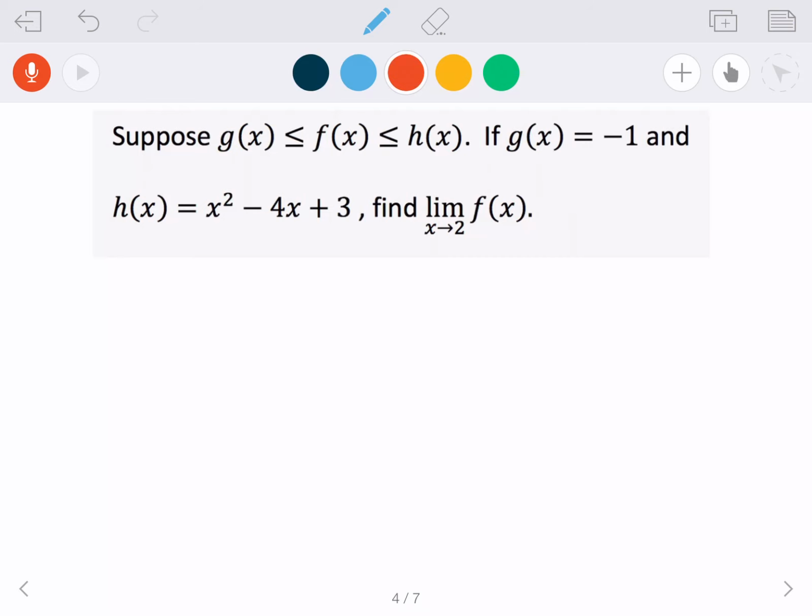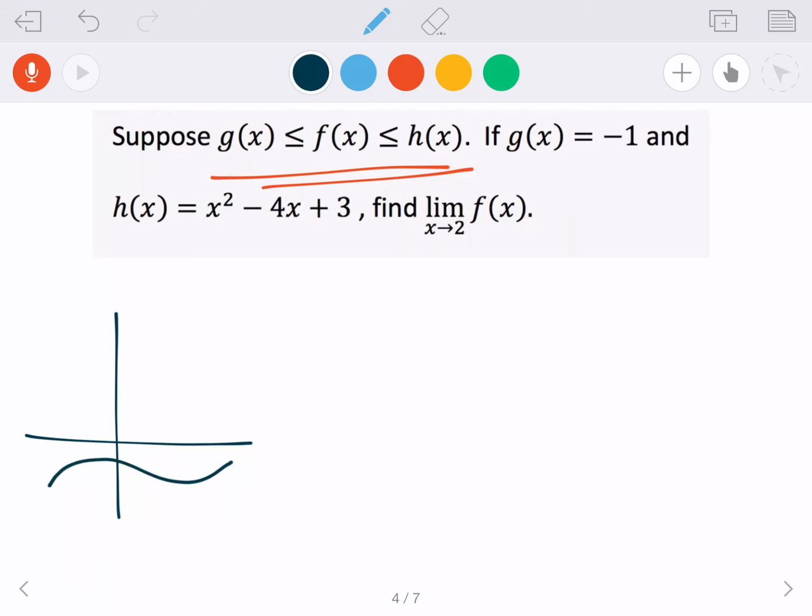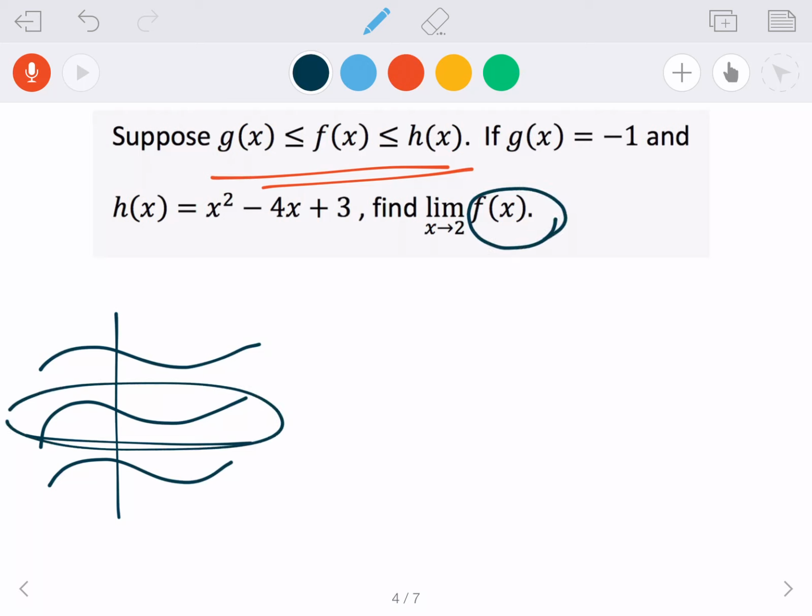Let's go on to squeeze theorem. Okay, suppose g of x is less than or equal to f of x, which is less than or equal to h of x. This is your red flag that this is a squeeze theorem problem, because what this is telling you is that g of x is less than f of x, which is less than h of x. So now if it's asking me about f of x, that function in the middle,